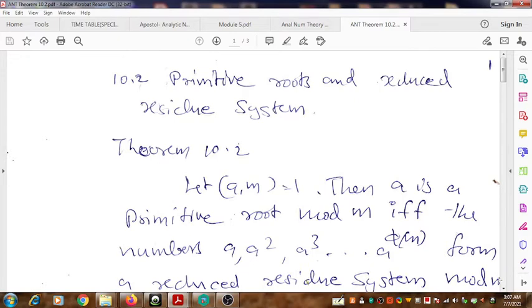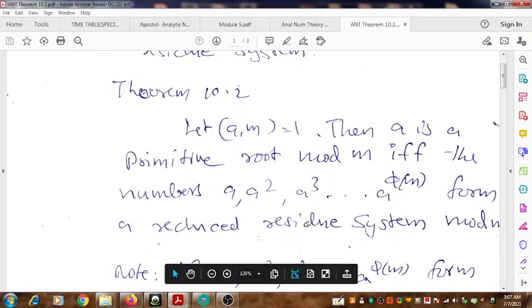In this video we are going to discuss Theorem 10.2 of Chapter 10 in the textbook Analytic Number Theory written by Apostol. The theorem states that